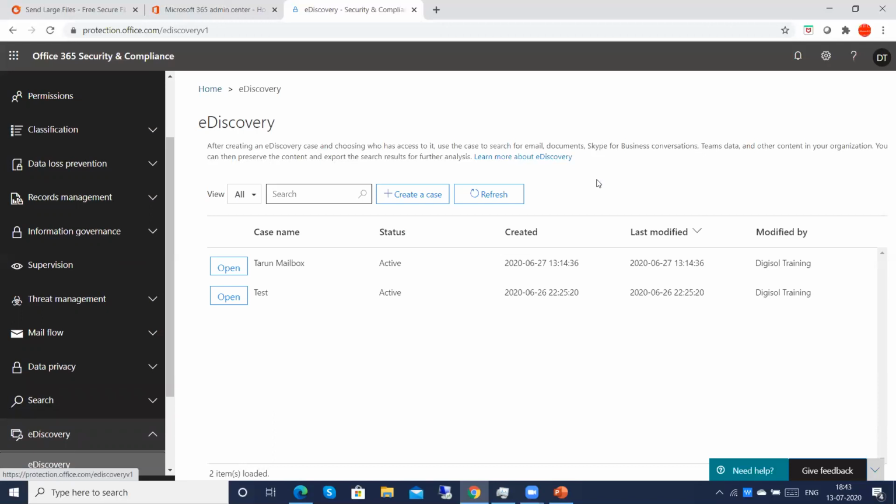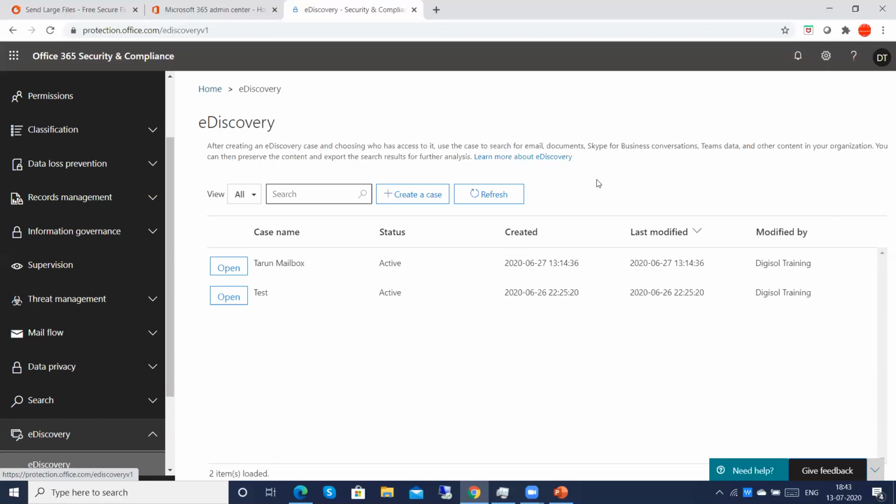Also, whoever wants to do the e-discovery is supposed to have the compliance management and content search access from the role access. We have to add him to that admin role, otherwise he will get an error.